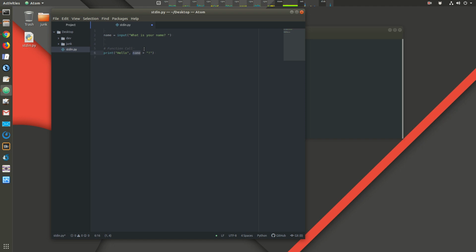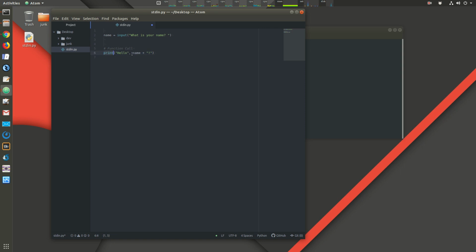It locates the data saved in that memory location, places it here, and then we have an addition operator, okay, which for strings is concatenation. So we have one string over here, and then we're concatenating that with this string, which is just a single exclamation point. All right? The entirety of this expression gets evaluated before the print